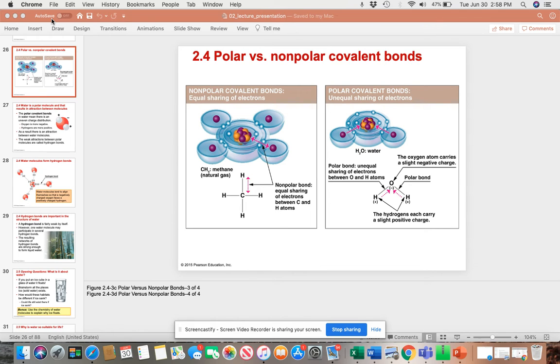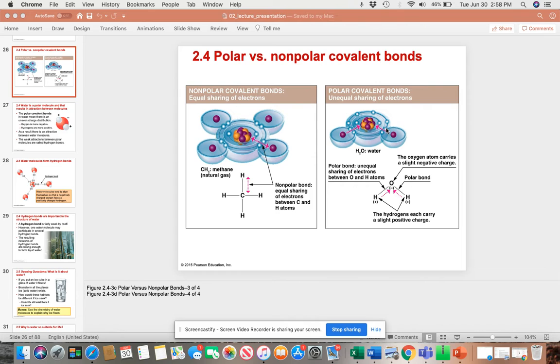Covalent bonds can be nonpolar. Notice the complete sharing in methane gas of a pair of electrons. Here's the carbon, here's the hydrogen elements. There's a complete sharing. In water, however, because oxygen is much more electronegative than hydrogen, this shared pair of